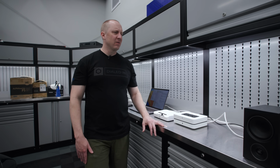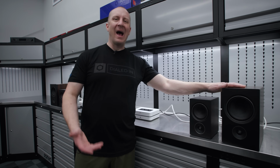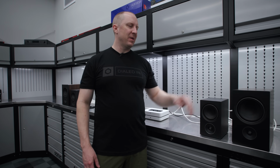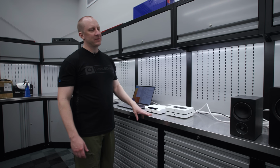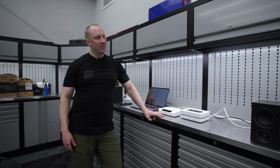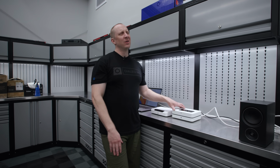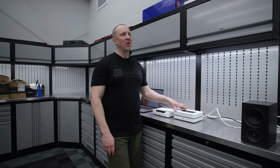Even if you're in your living room, and you're starting out and building a system, a pair of P5s and a PowerNode will, I'm telling you, blow you away. And you can add a subwoofer in the future, but a PowerNode could power a set of, I put the Evoke 20s, which are a $2,200 pair of Dynaudio speakers, on this, and it sounds